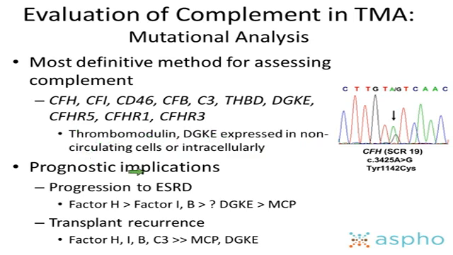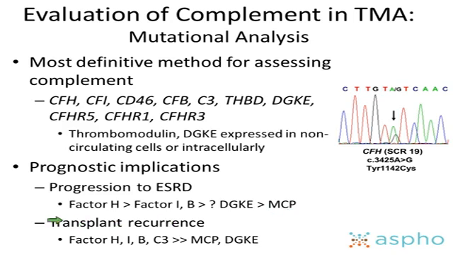And this genetic testing may have some prognostic importance in that it can help guide an understanding as to the risk of progression to end-stage renal disease, in that patients with factor H tend to have the most severe course with the progression to end-stage renal disease, followed by patients with factor I and B mutations. Patients with atypical HUS with no genetic defect tend to fall in this middle ground, and then diacylglycerol kinase epsilon and MCP tend to have a less severe course.